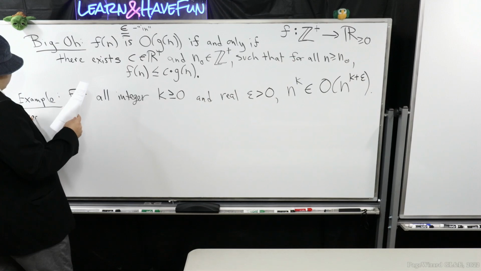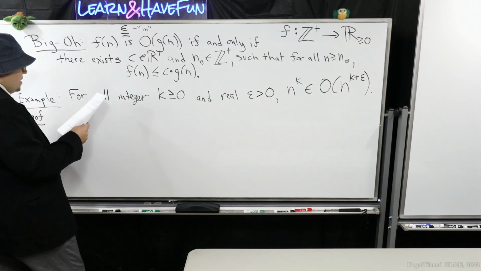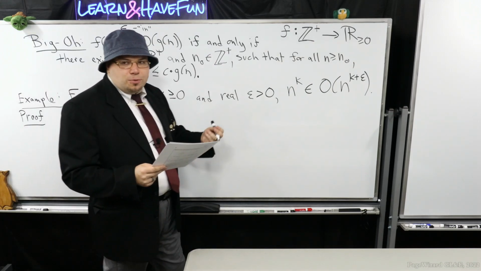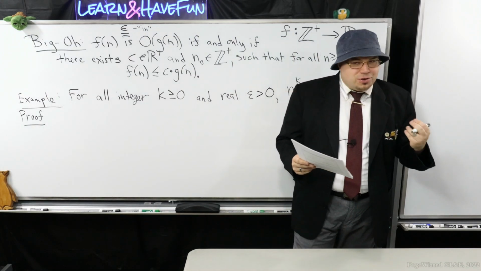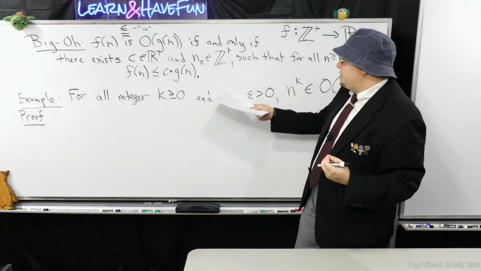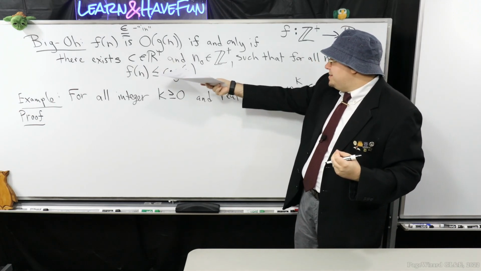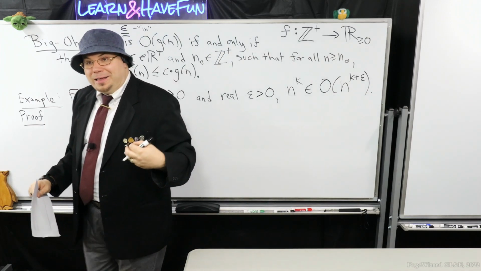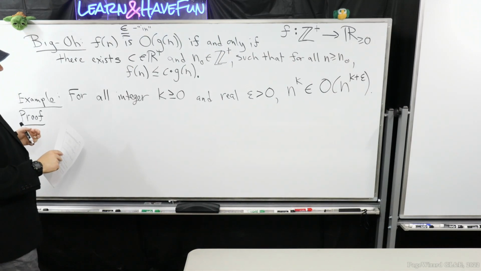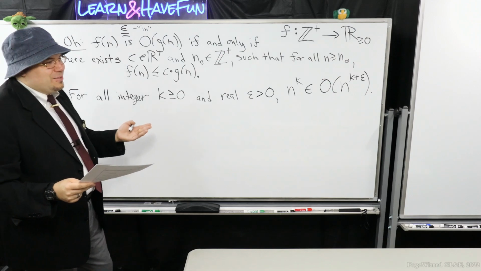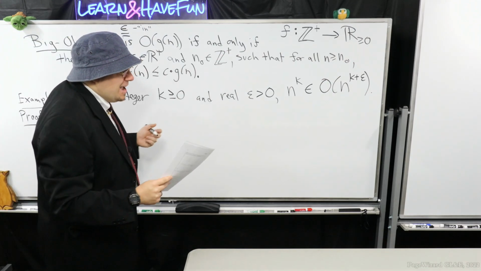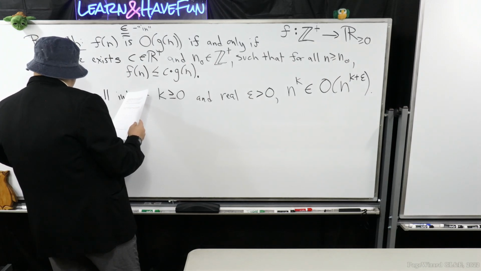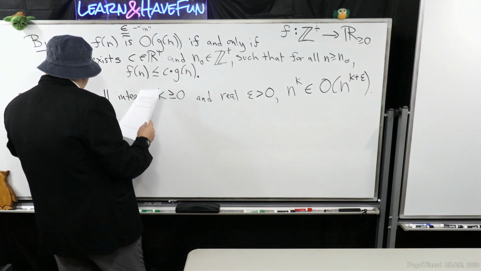So let's prove this claim. And it's actually surprisingly simple. Remember, we come back to our game plan. We're going to figure out those two constants, because that's what's in the definition. It says we have to find these two constants, c and n0. We have to find them, but I also have to reason out why they work. I can't just give them to you and say, just deal with it, they just exist. If I'm doing a formal proof, that isn't sufficient. So I'm going to say we find constants